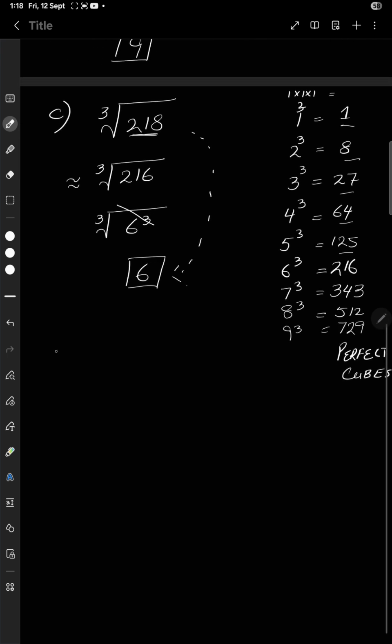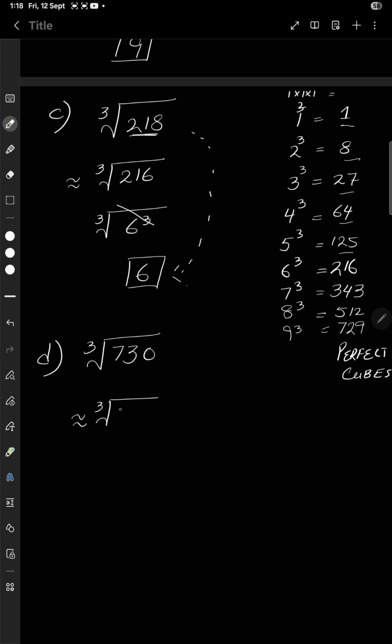Let's do the D part. In D part they are asking to find the cube root of the number 730. Again, 730 is not a perfect cube. तो कौन सा perfect cube इसके पास है, 729, which is the perfect cube of 9. तो हम लिख सकते हैं this is the perfect cube of 9. As cube root will see the cube, it will eat the cube, and the answer will be 9. So yes, the cube root of 730 will be near to, the answer will be nearest to 9.